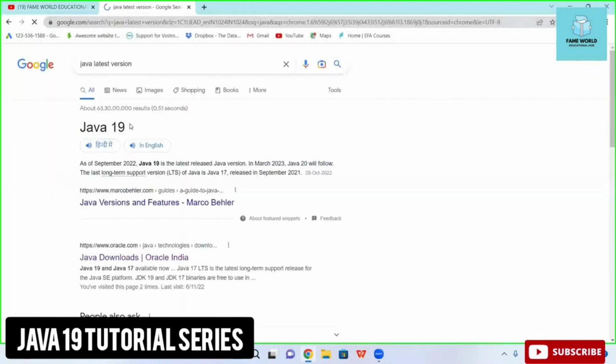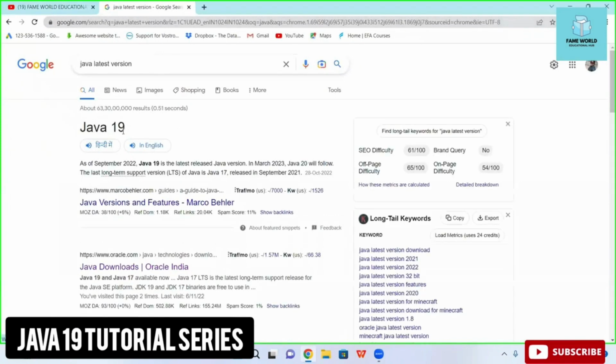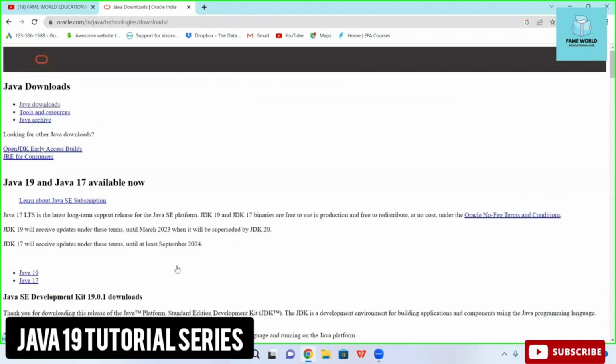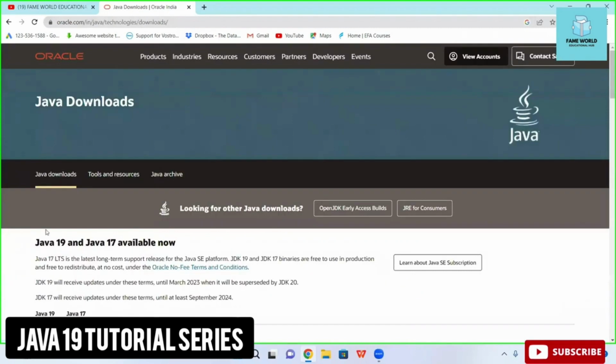So if you talk about the latest version of Java, you can see Java 19 is the latest version, and we are also going to download the same. I will be sharing the link of the download in the description, so you can simply download your version from the description itself. So this is the official website of Oracle, and simply we are going to download the Java